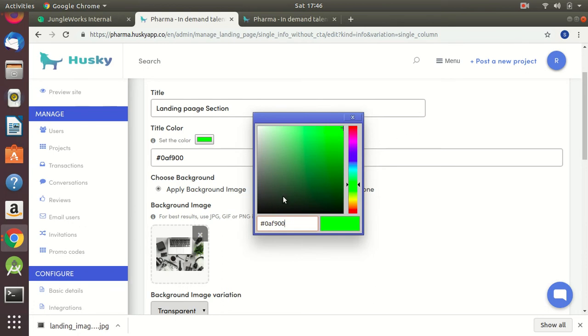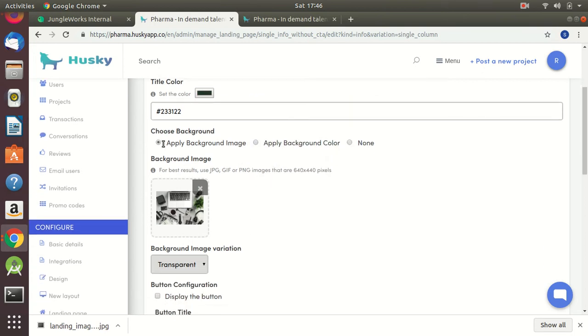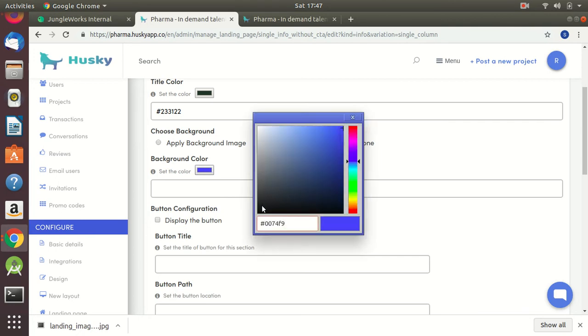I can just give it from here. I can choose that if I want to give a background color, I can give that. If I want to give the background image, or if I do not want to give anything. So let's say I am giving the background color as plum.